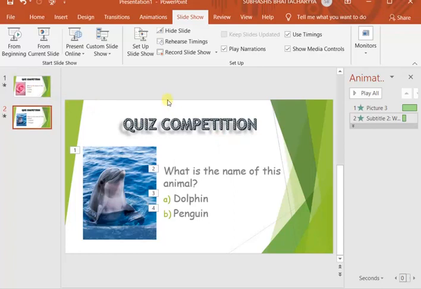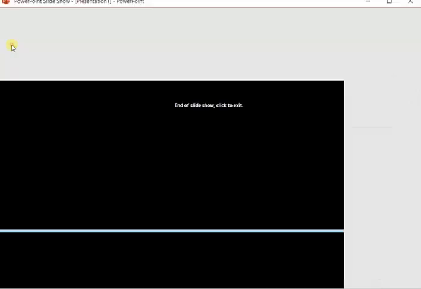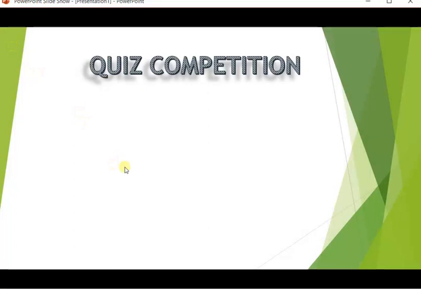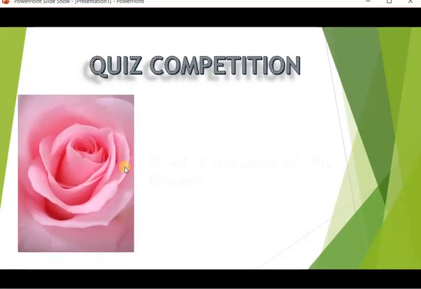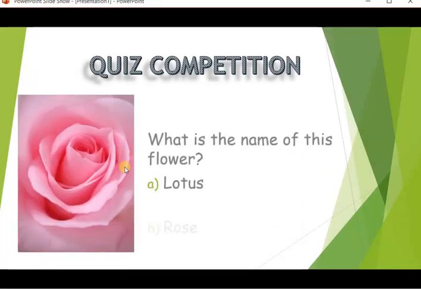To check how it is looking now, click on this slideshow tab, then go from beginning, or there is a shortcut key, you can press F5 from your keyboard. You can see automatically it is coming without the help of any mouse click. Sequential it is coming, first the picture, then the question, then the options.